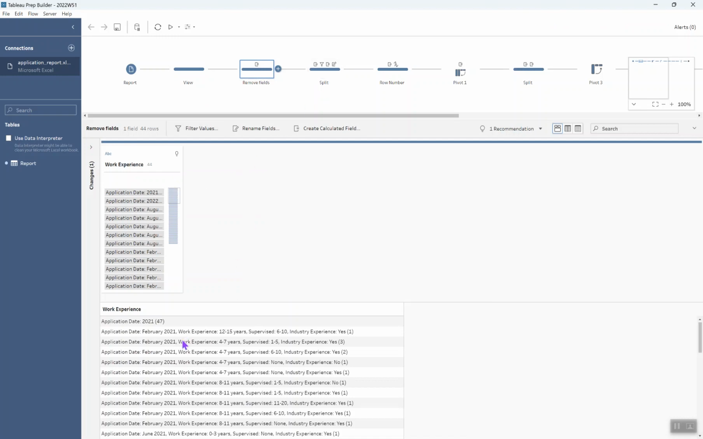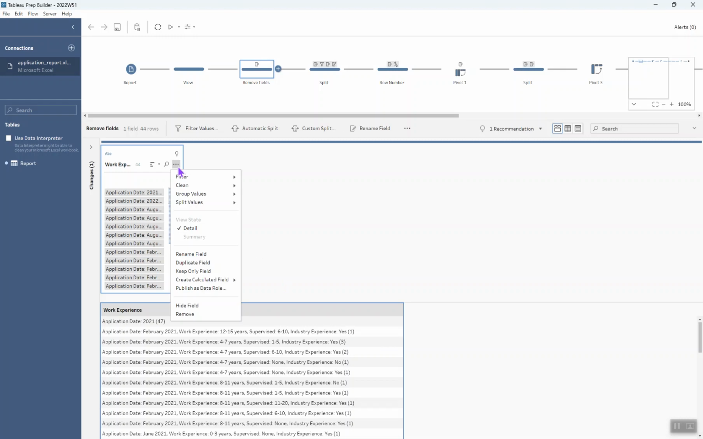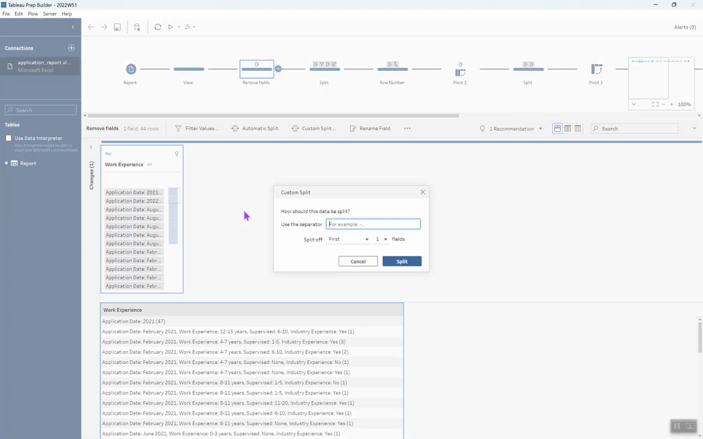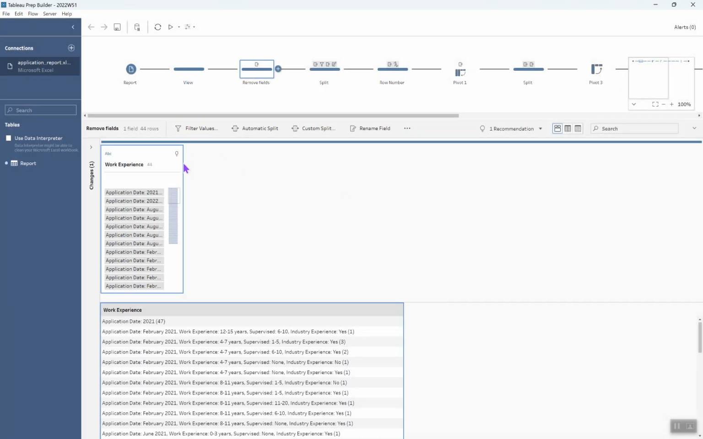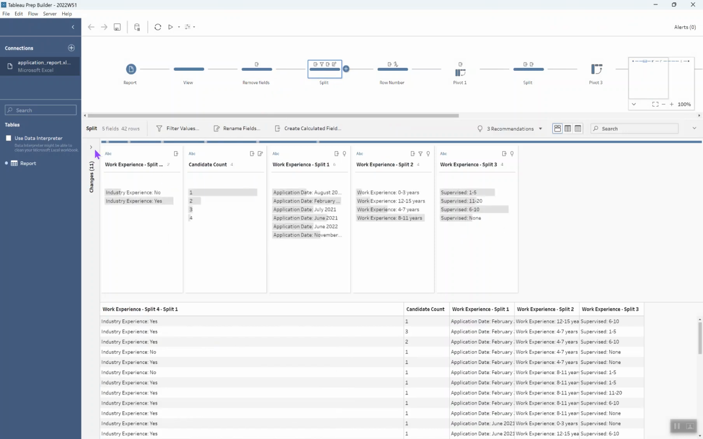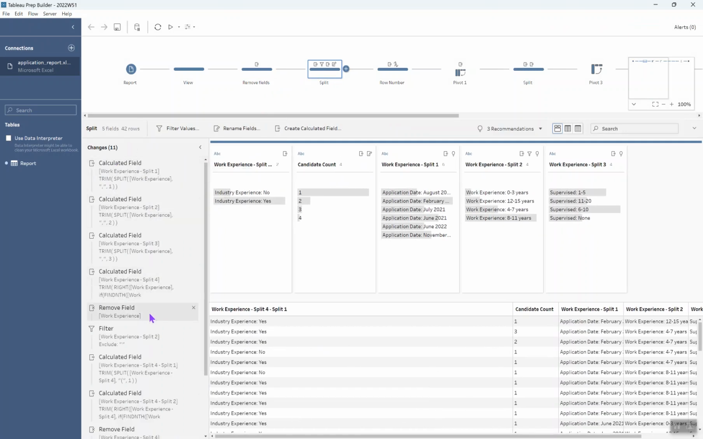So I chose first of all to split based on the commas, so that we split up our application date, work experience, supervised, and industry experience. That's what I did first of all, and then I split up based on the opening parentheses after that. So I went to split values, custom split, and first of all I went with a comma and split off all of those and returned those. And then from the field, that brings us to this point here,